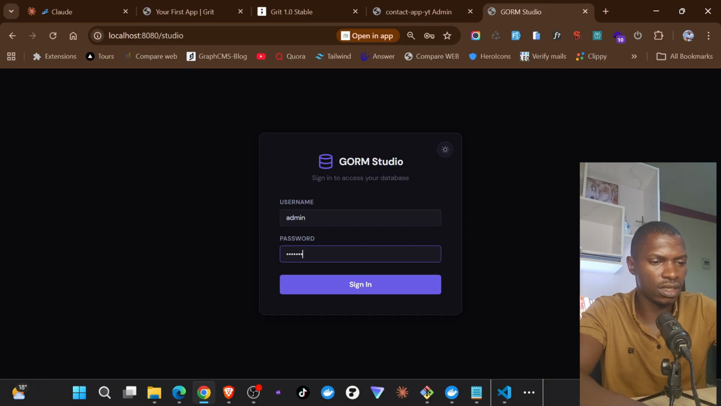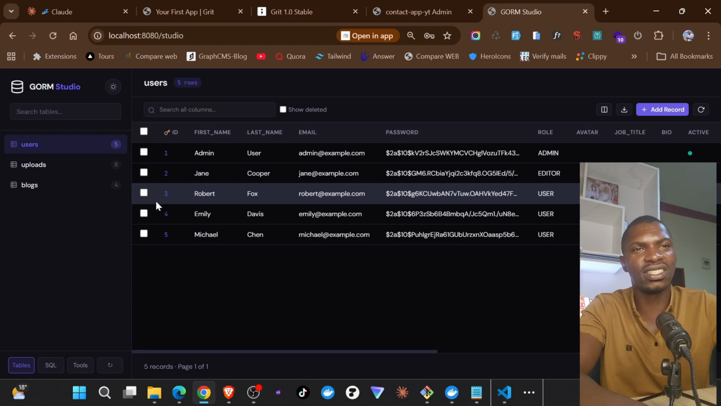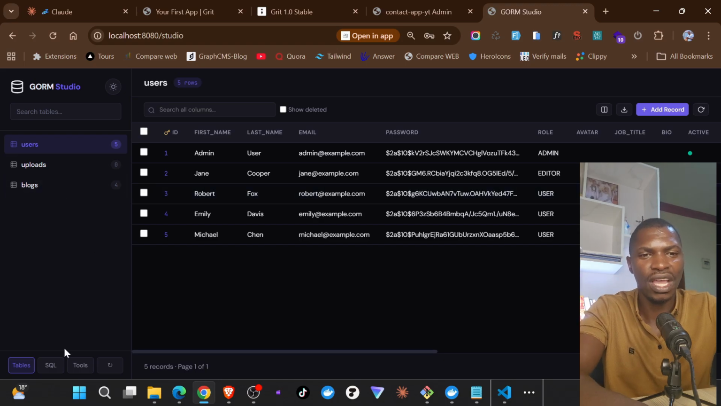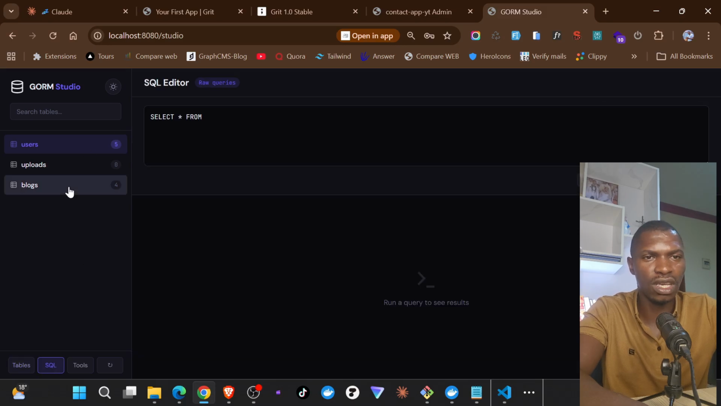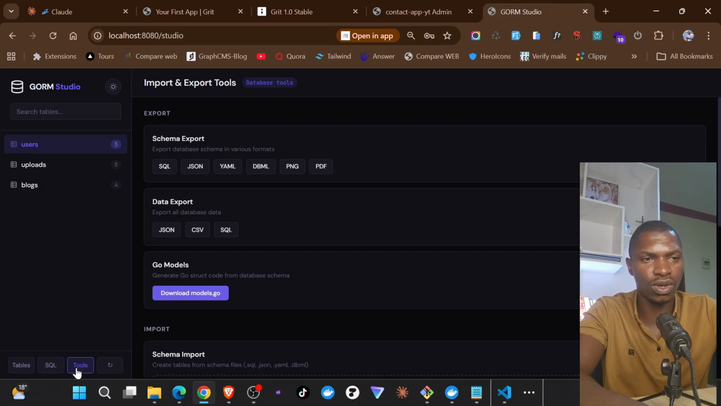Let me just think that that's the login. Yes, so you can just see right now I can access the studio, and the studio right now is so advanced. So apart from these normal things of adding records and writing SQLs, you also have these tools,